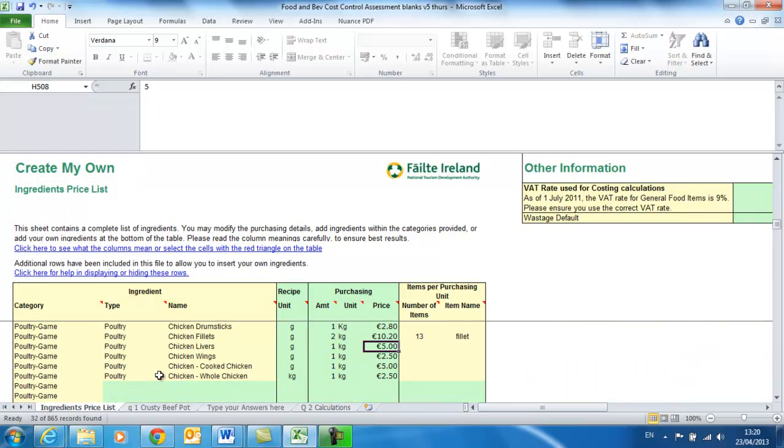Okay, and here you can see here's all the rest of the chicken. So I'm going to make one very similar to this. The green space shows that you can actually type stuff in yourself. So in here I'm going to type in poultry. I think I can select it actually. I'm going to select